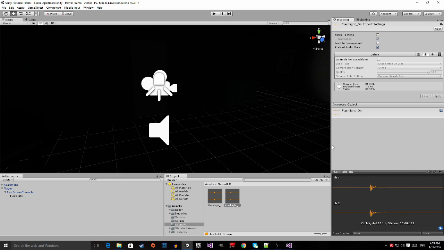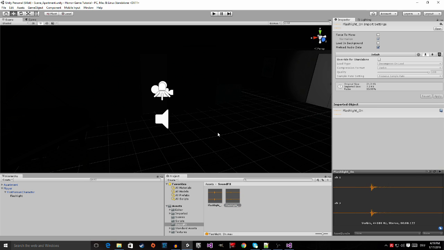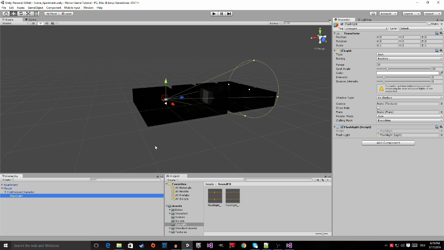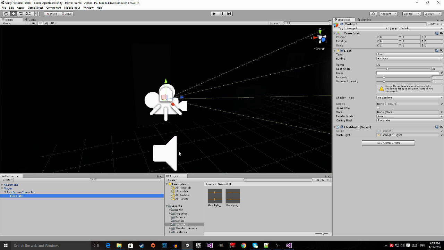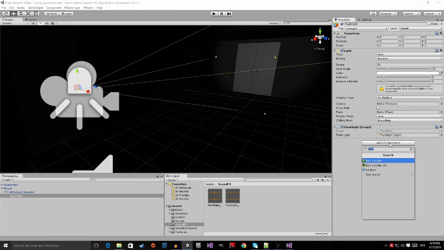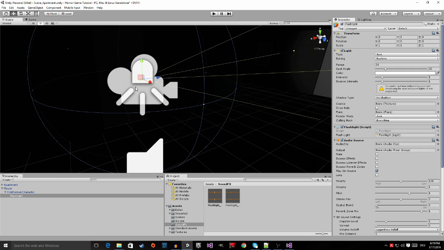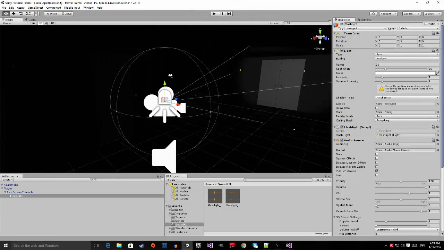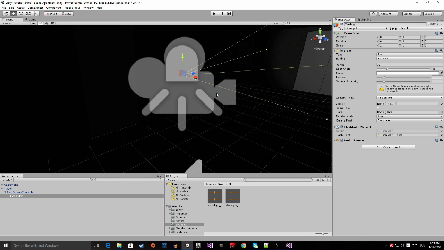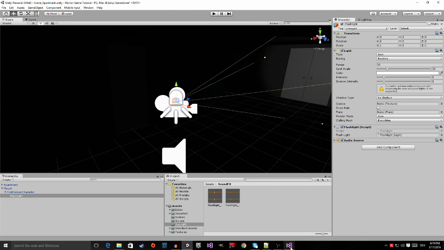And now we want to actually play the sounds on our flashlight. So to do that, we need another component. We need to add a component, and this component is called an audio source, because this object will play an audio, so we need an audio source. Okay, now we go back to the script,